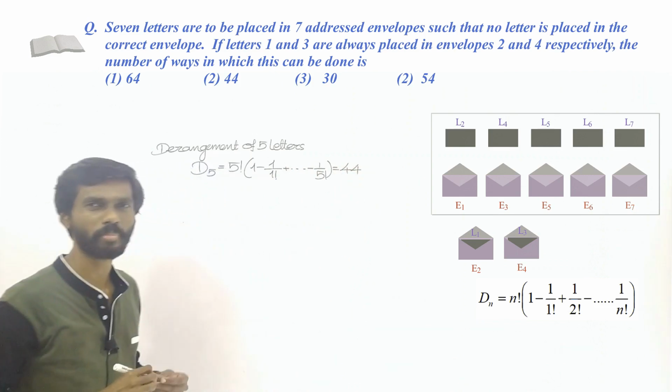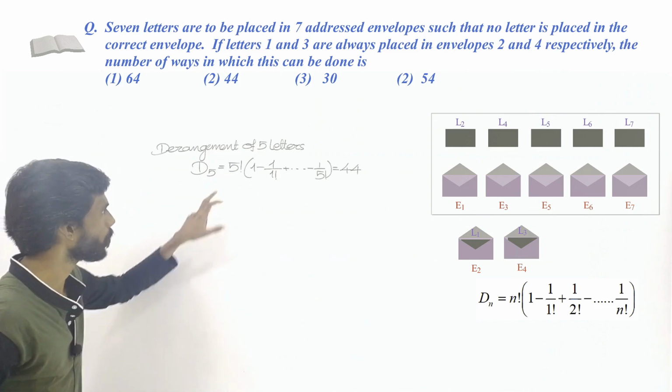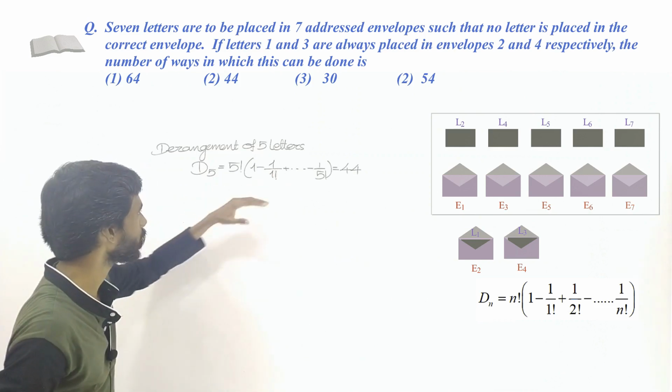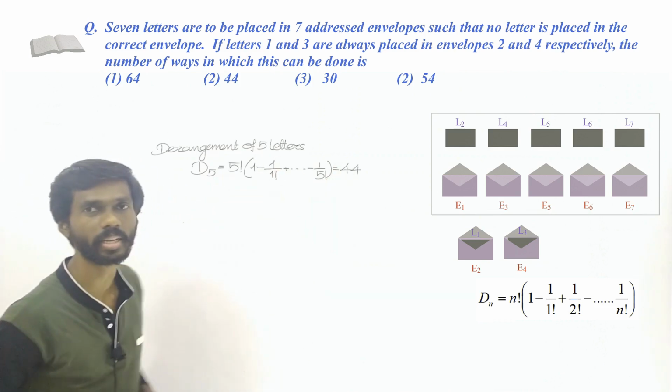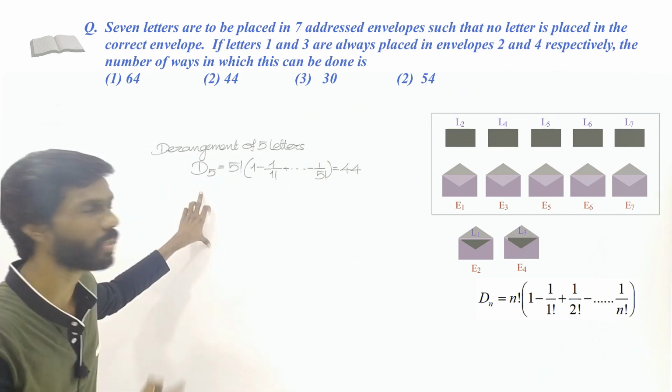So it is better if you remember these values. So the derangement of 5 objects is 44. If you don't remember, we'll have to do this calculation. Anyway, this calculation can be done, so I've written the value directly. But that is not the answer to the question, because when you consider this derangement of the remaining 5